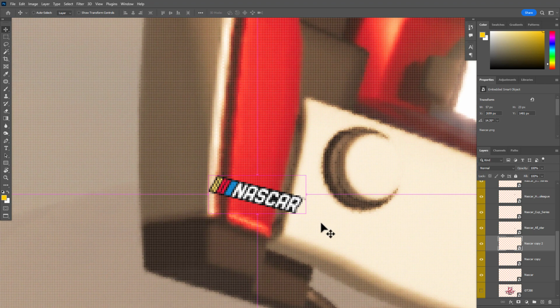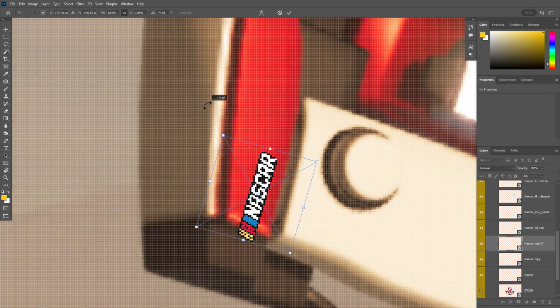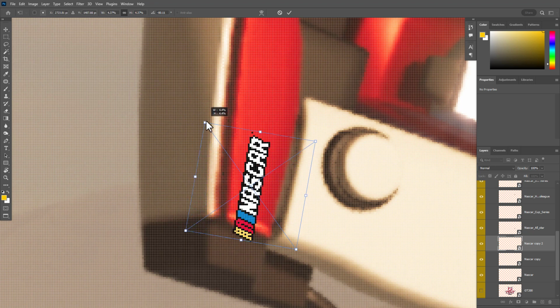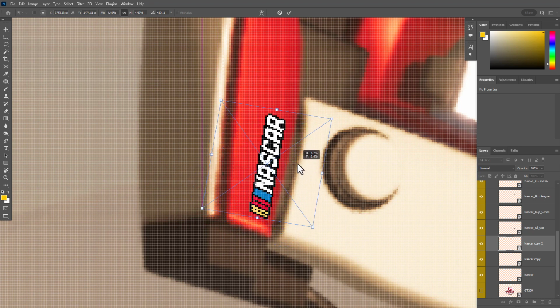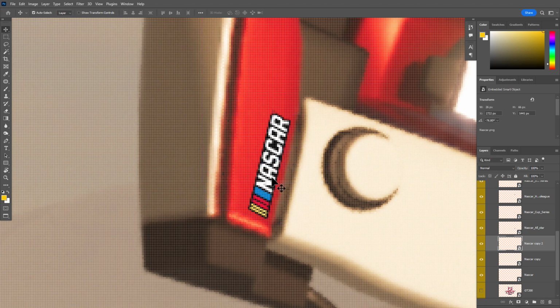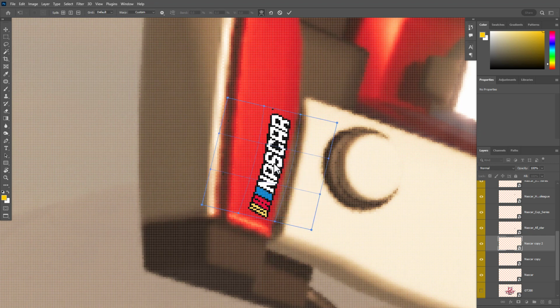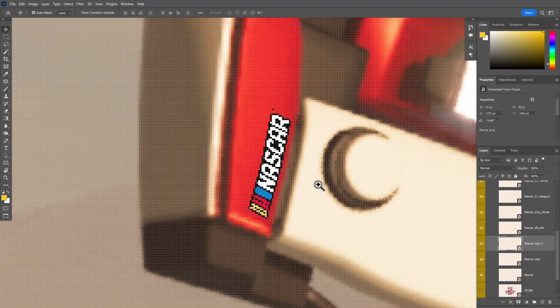Control T, and it needs to be larger because I'm suggesting that it's the same sticker, but since this object is closer to the camera, it needs to be a little bit larger, at least a little bit more. And then Control T, right mouse button, warp, and I'm gonna grab it from the core and just a little bit of a bend. A lot of subtlety, but